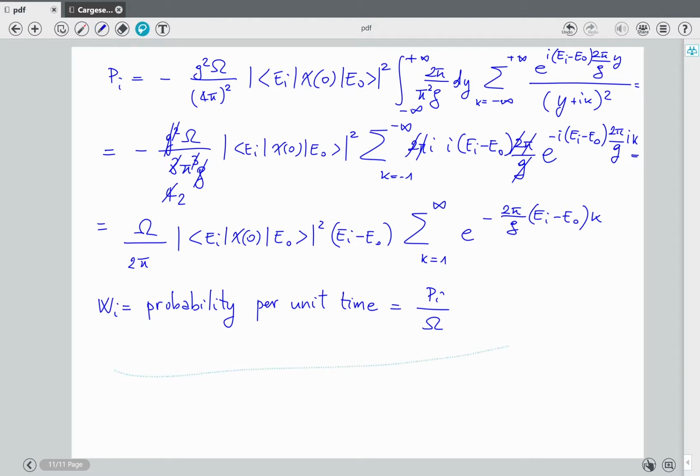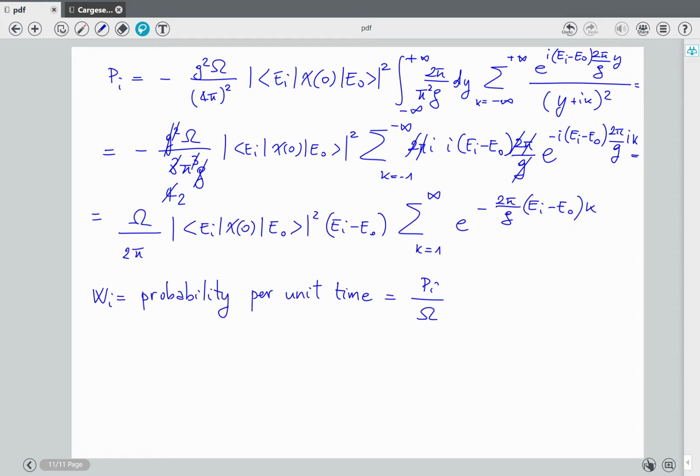That's where we lose the factor omega. That is equal to what? ei minus e0 divided by 2 pi times the modulus squared of ei chi0 e0,